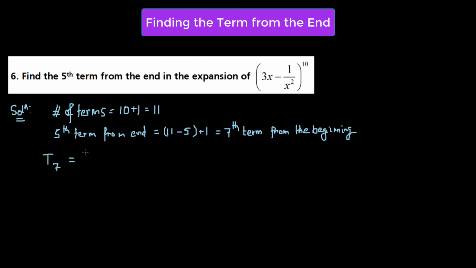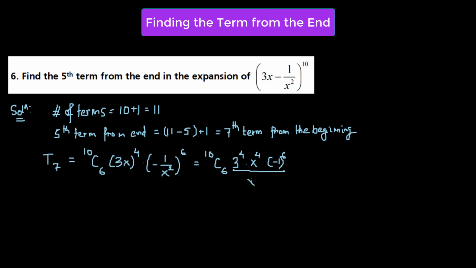which is equal to 10C6, the first term, 3x raised to the power of 10 minus 6, which is 4, times negative 1 over x squared raised to the power of 6. Now we simplify the values. We have 10C6, 3 raised to the power of 4 times x raised to the power of 4, negative 1 raised to the power of 6 divided by x squared raised to the power of 6, that is x to the power of 2 times 6, which is 12. So this is equal to